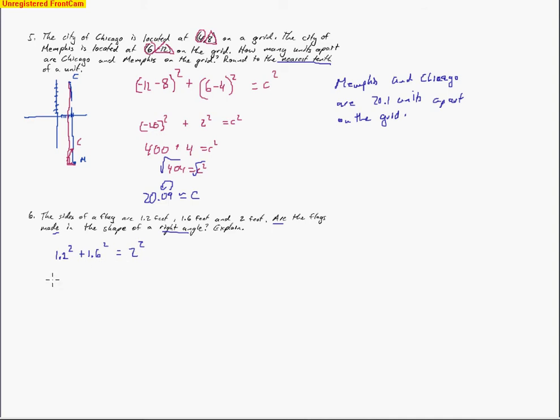So we'll go ahead and do some work there. When I square the 1.2, we got 1.44, and when I square the 1.6, I end up with 2.56. This all equals 4. So I go ahead and add these two numbers together, and sure enough, I do get 4. So when I get the two numbers equal, that means I can say since 1.2 squared plus 1.6 squared equals 2 squared,